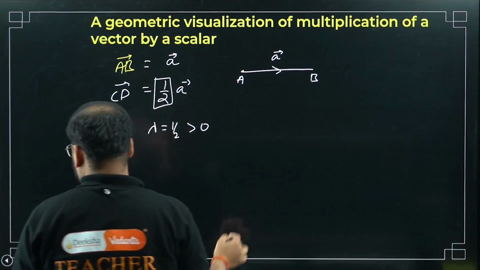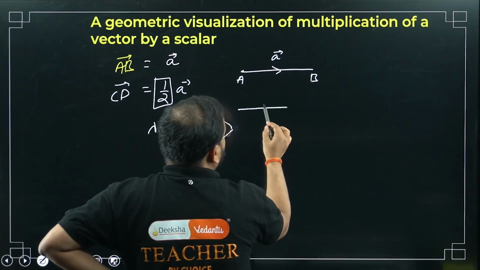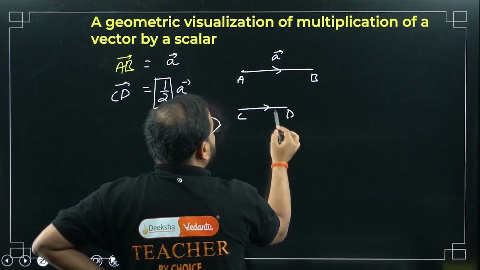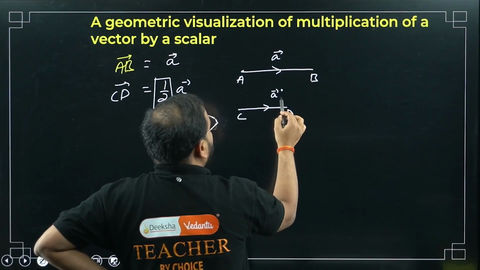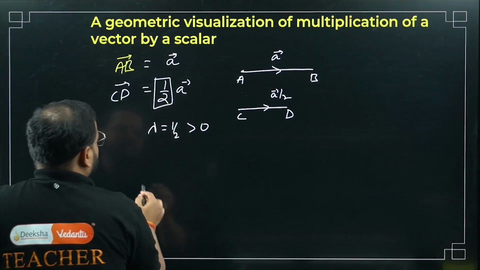The length will change. Length will be what? Half of what it was for AB. So half of what it was for AB. So CD will be like this, and this will be what? Vector A upon 2. Vector A upon 2. Okay. Now if I have another case, let's say